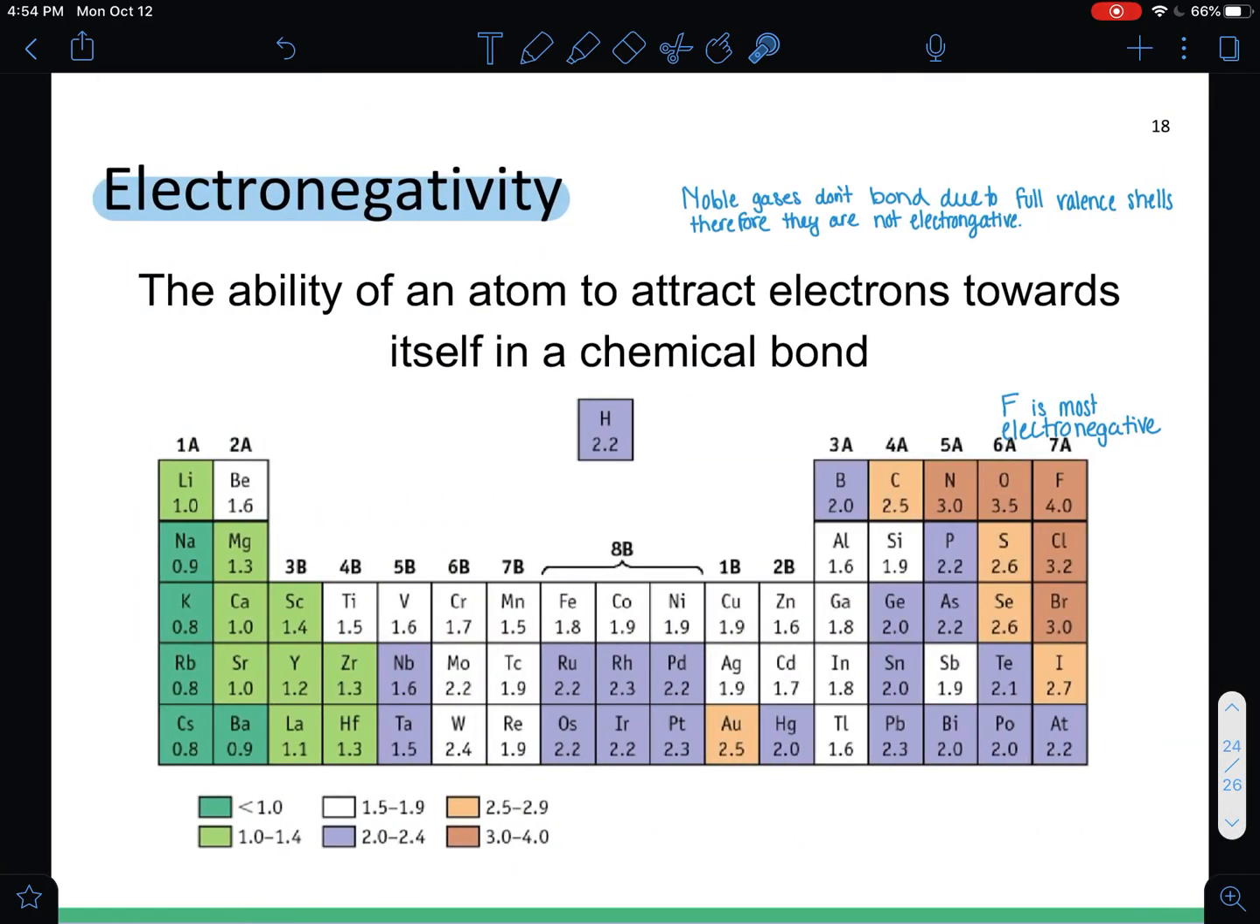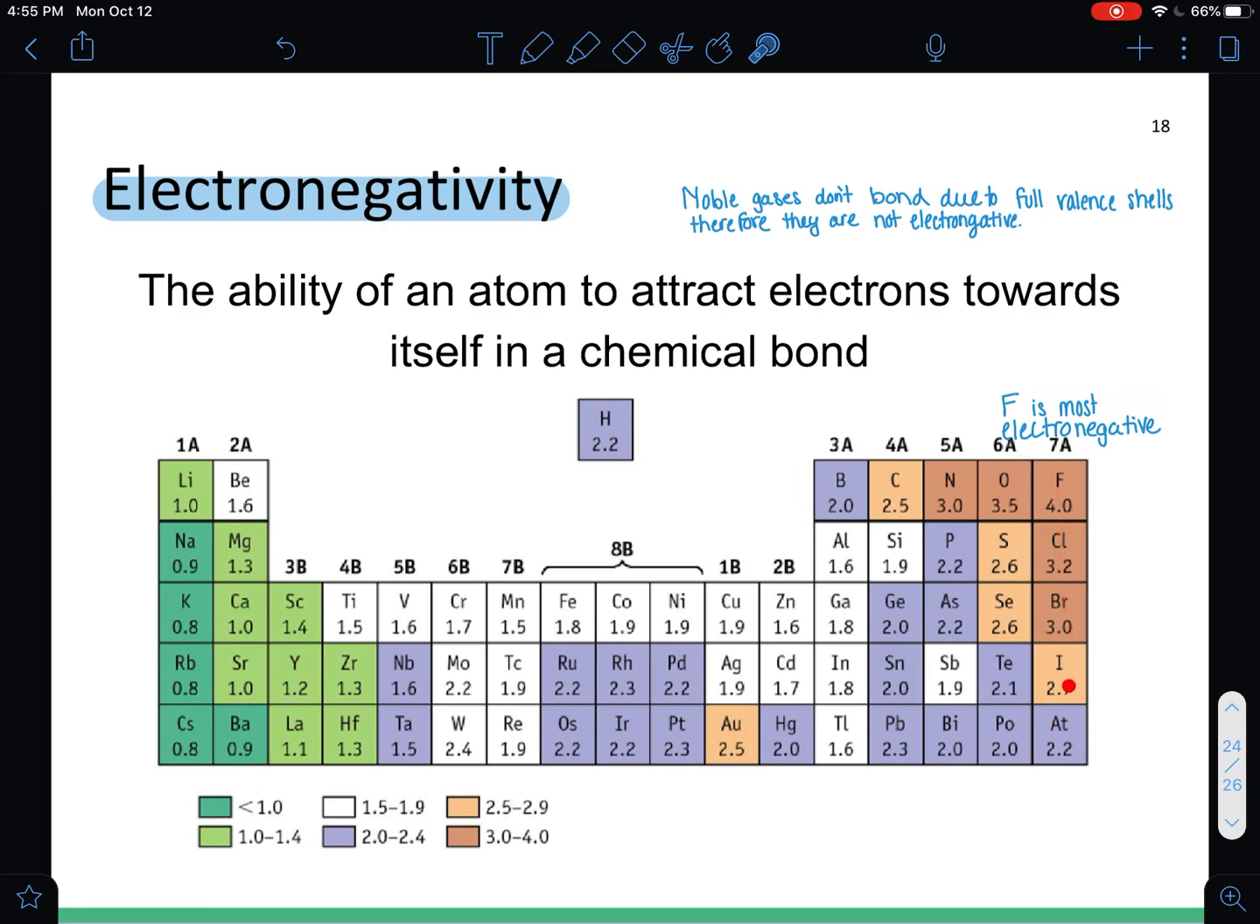All right, now for electronegativity. Here are all of the electronegativities of the elements on the periodic table. And here's a chart with all of the different color codings. So as you can see, fluorine is the most electronegative element. So fluorine, with its ability to attract electrons towards itself to create a chemical bond, is super, super reactive. And chlorine, oxygen, bromine,